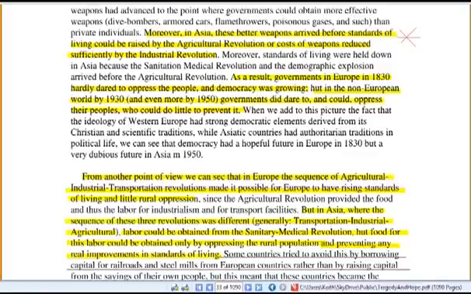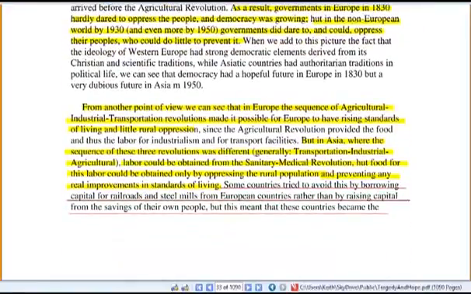When we add to this picture the fact that the ideology of Western Europe had strong democratic elements derived from its Christian and scientific traditions, while Asiatic countries had authoritarian traditions in political life, we can see that democracy had a hopeful future in Europe in 1830 but a very dubious future in Asia in 1950. From another point of view we can see that in Europe the sequence of agricultural, industrial, transportation revolutions